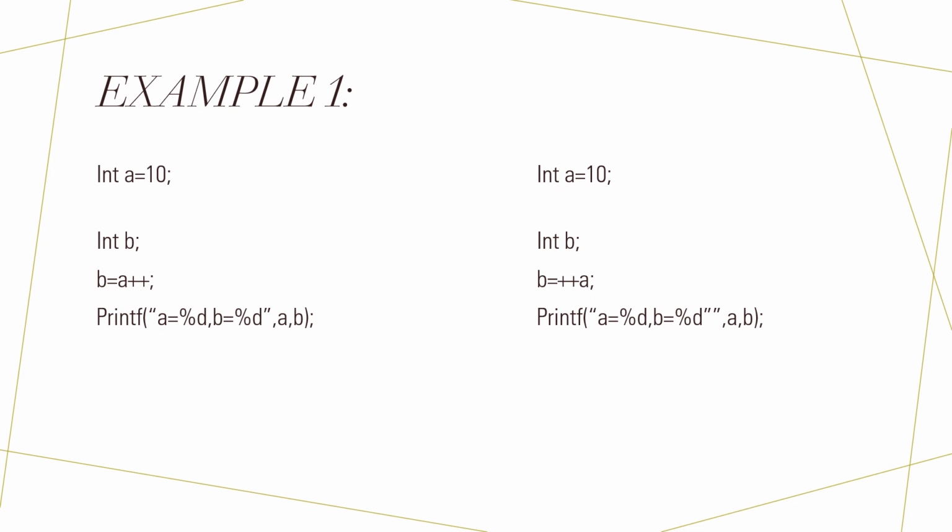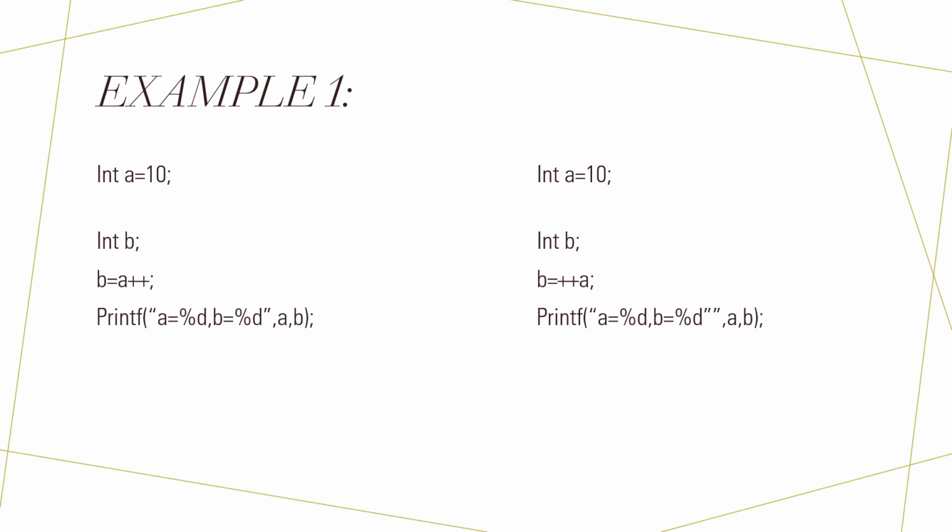Let's take an example. Example 1, A is a variable of the type integer. It is assigned the value 10. And there is another integer named B. So B is equal to A plus plus. Initially, it will be assigned the value A and then it will be incremented. So first the value 10 would be assigned to B, and after it's being assigned, then it will be incremented to